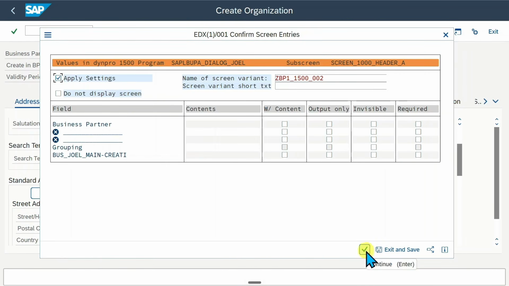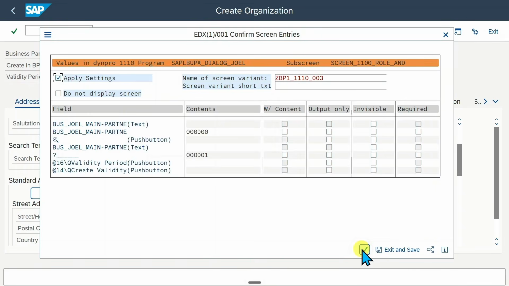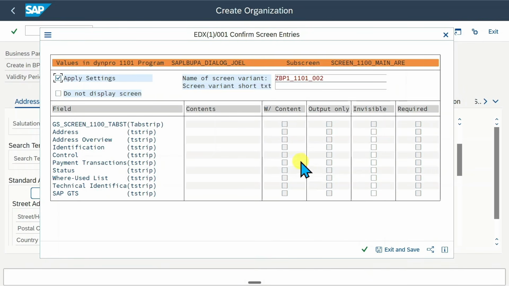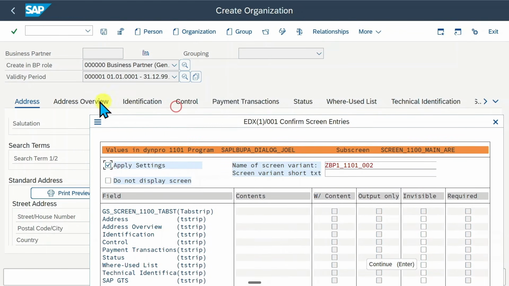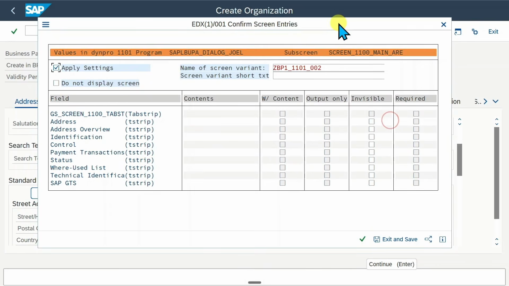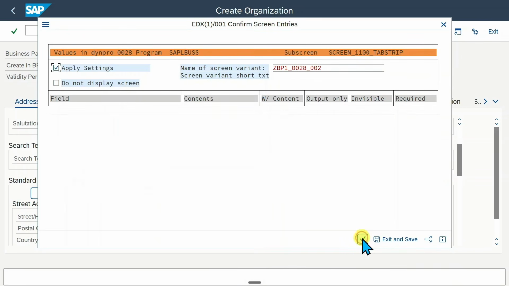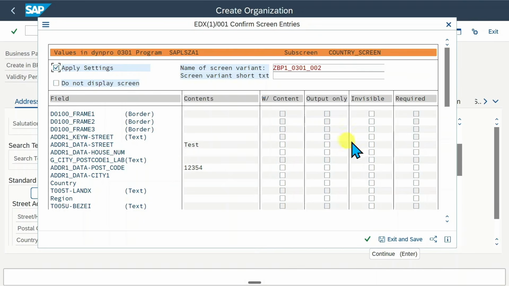And it's quite important to go through all of the screens up until we will see in a second the ones we are interested in. Here it starts already. You can see here address overview and so on. Those are exactly those tabs you can see over here. So this is fine. Let's say we don't need the where-used list. We don't need technical identification, and SAP GTS we also don't need. So this is fine. We will hit on continue a couple of times up until we arrive over here,